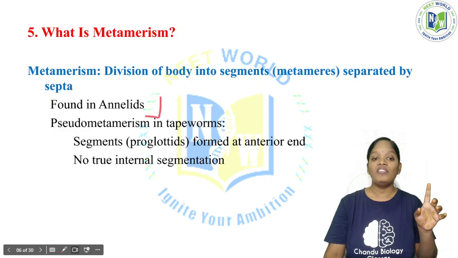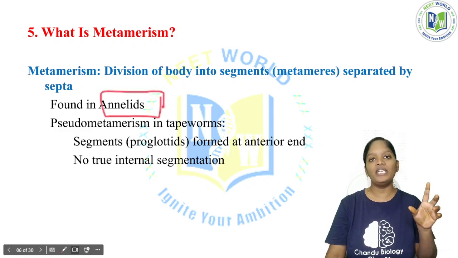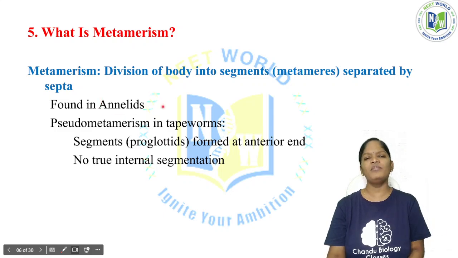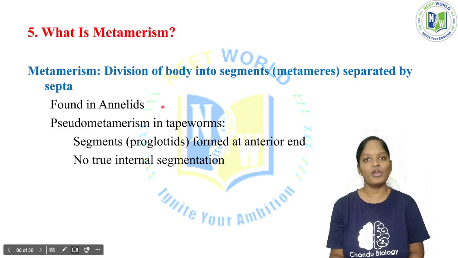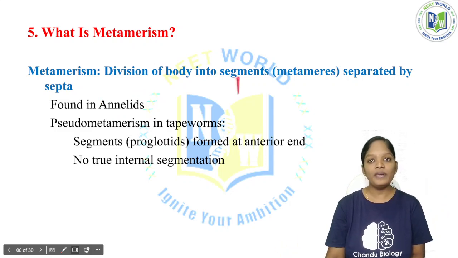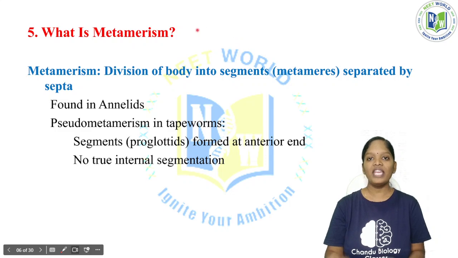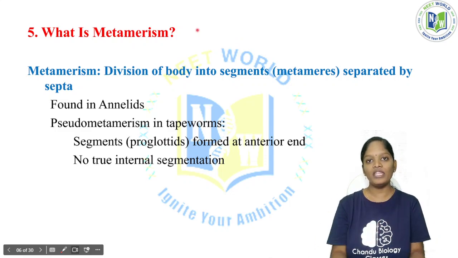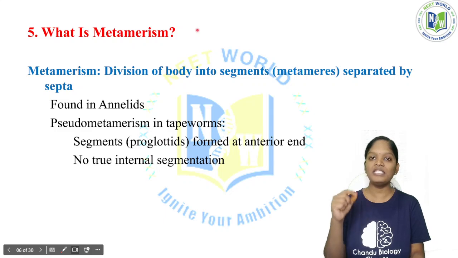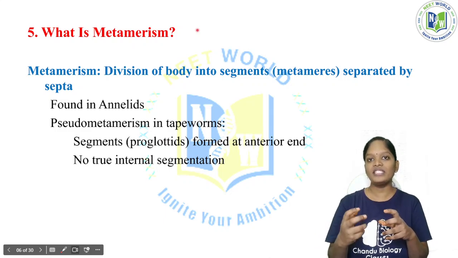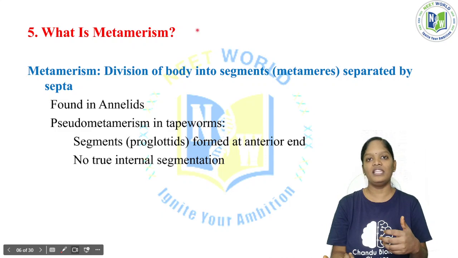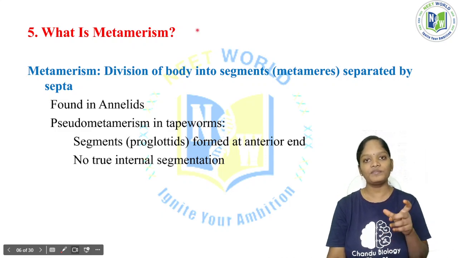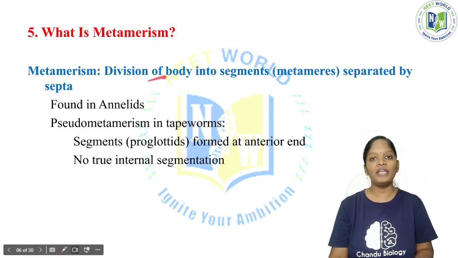Okay, phylum Annelida has proper metameric segmentation. Why are we saying proper metameric segmentation? What is the difference? Proper segmentation means we can see the segments externally. Even if we cut open the organism, we can see the segments internally. If we can see the segments both internally and externally, we call that proper metameric